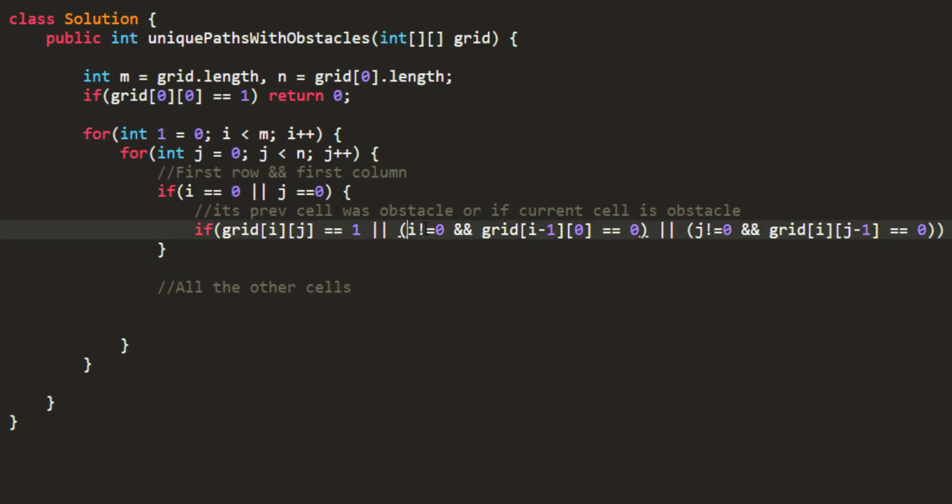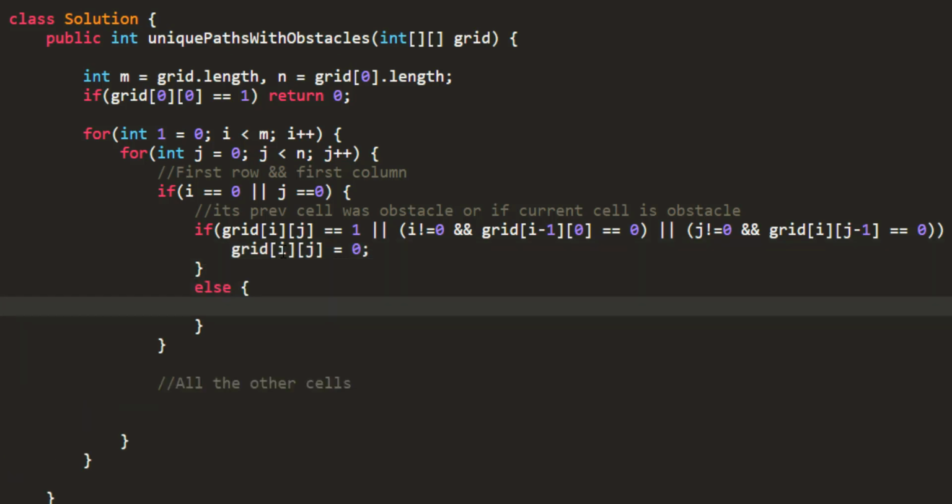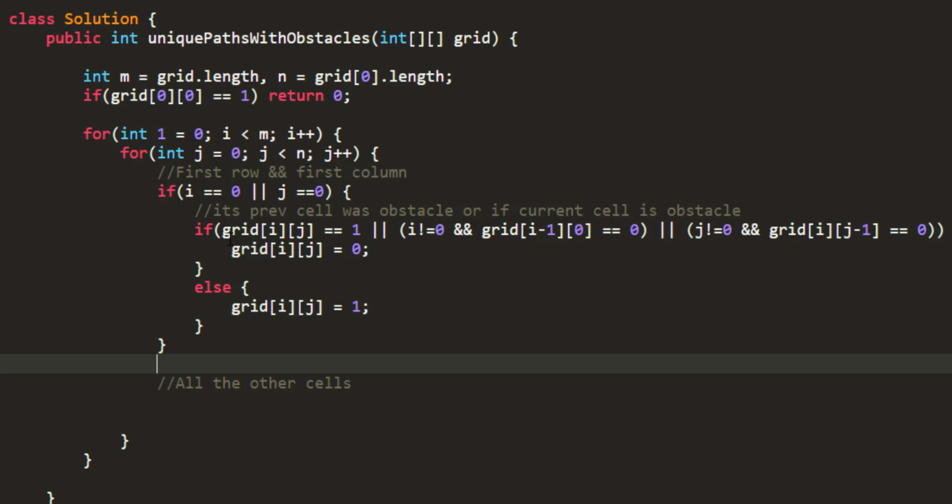Now we have used i not equal to 0 because we are doing a -1 in the coordinate, and to make sure that this i minus 1 does not go beyond the boundaries, we are taking i is not equal to 0, because if i would have been 0, i minus 1 would go to -1 and that would give you an error. Similarly with j. So if this is the case, the value of the current cell becomes 0, otherwise its value becomes 1. So that's the case for the 0th row and 0th column.